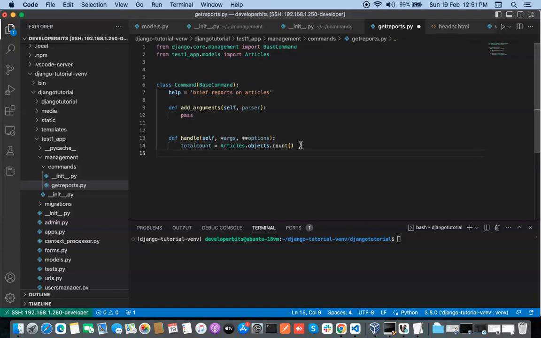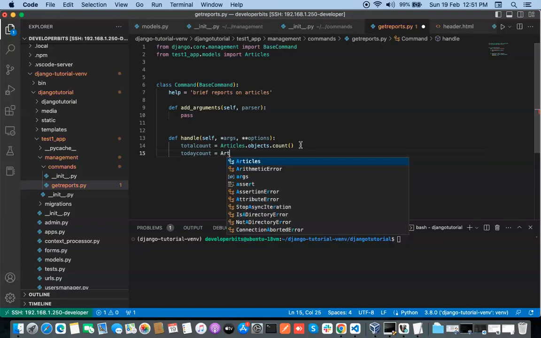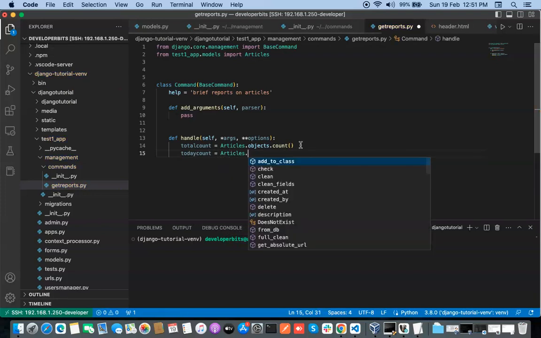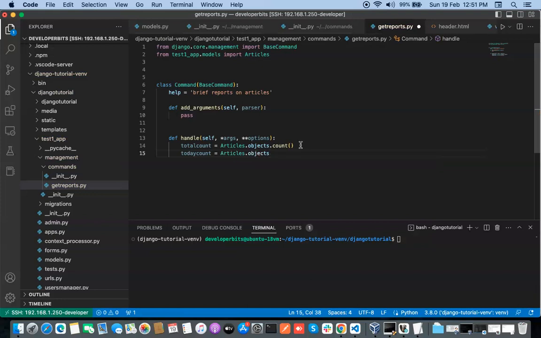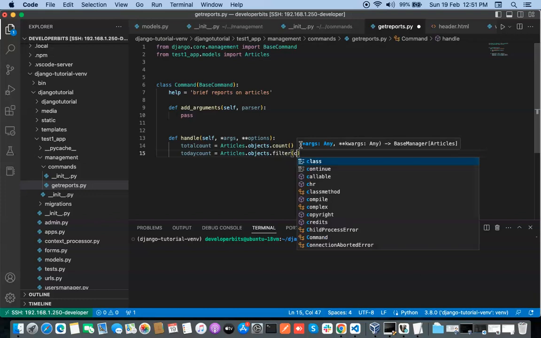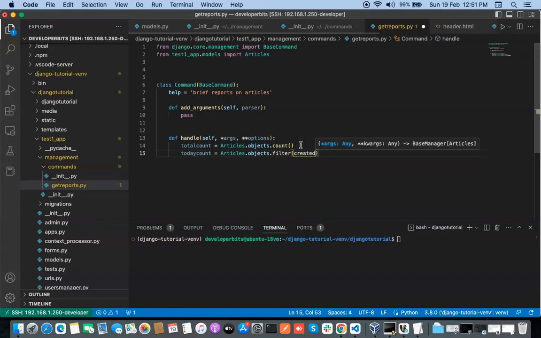Then today count, let us type another ORM query. We need to get the articles which are posted today,